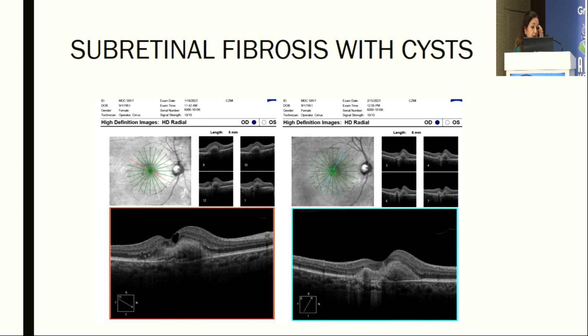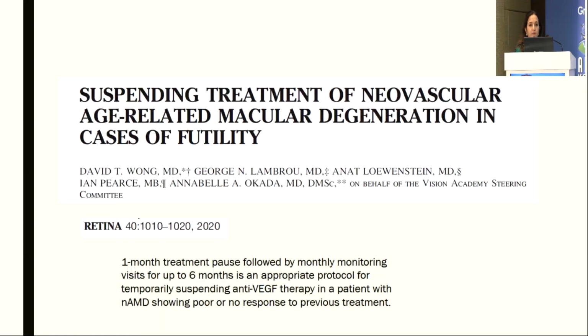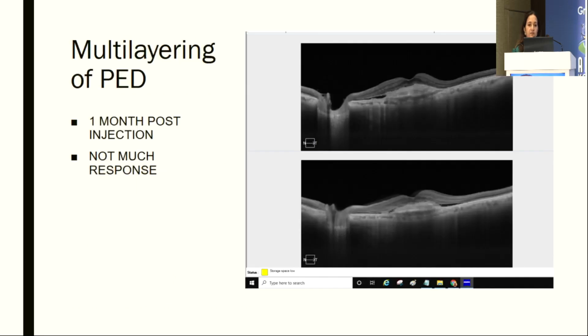IRCs above these scars may not be an indication of treatment. Again, large cysts overlying the disciform scar, also the patient is not really going to benefit by treatment, and these cases were considered for suspending treatment and were defined to be futile lesions where you could give a treatment pause and see whether the treatment is really benefiting the patients or not. Multilayering of PED, again a poor prognostic sign, chronicity of disease, and the patient may or may not benefit visually if